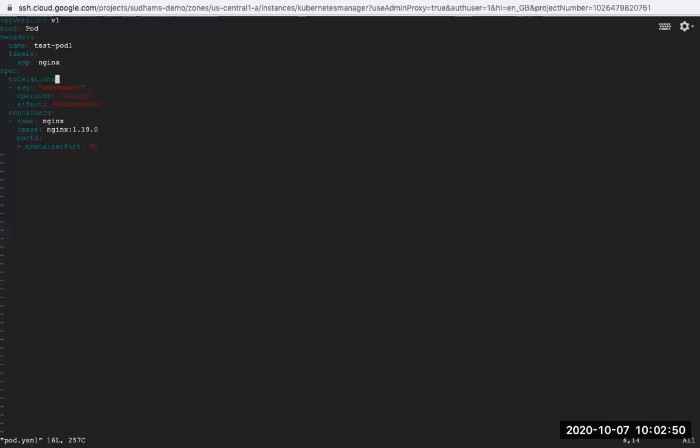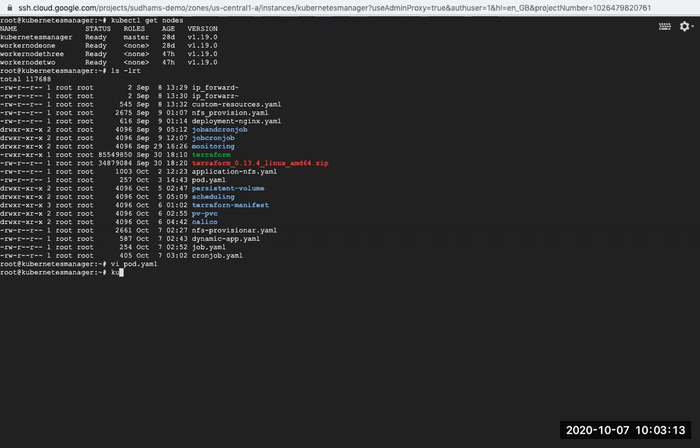Let's jump into that, and you can see the label is app: nginx. Let me remove this, no taints and tolerations. This is the label of the pod, test pod. Let's try to deploy this. So kubectl create -f pod.yaml.